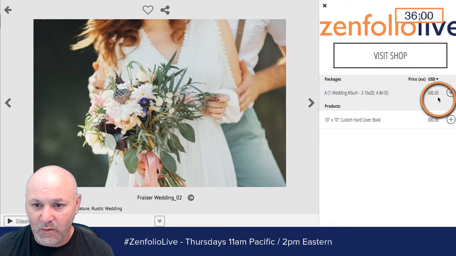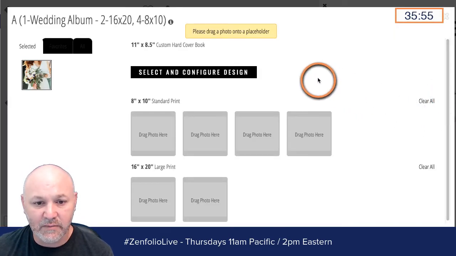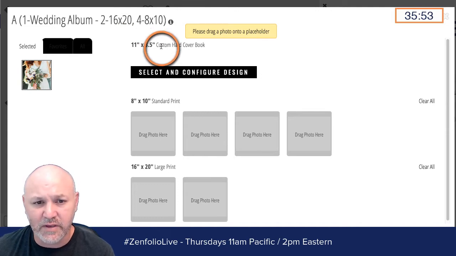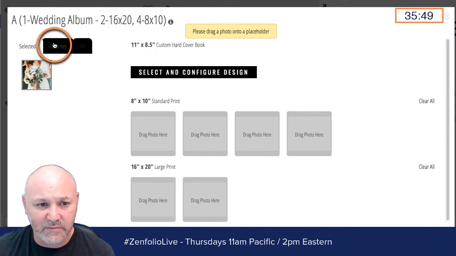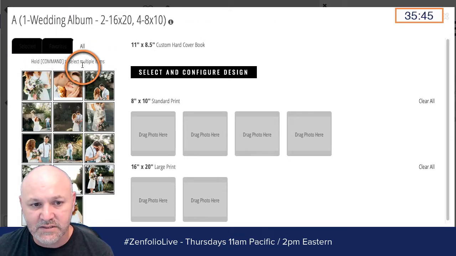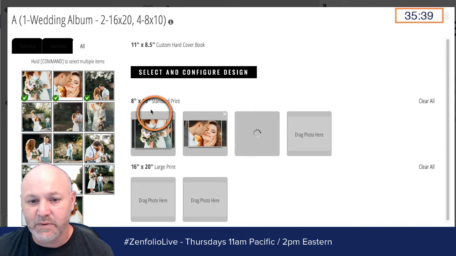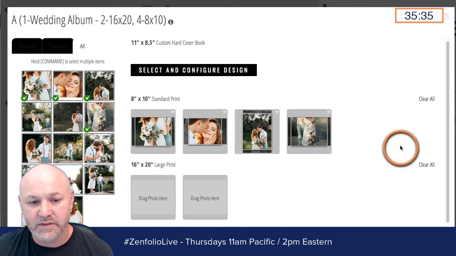So if I'm a client and I wanted to buy this, I'm going to hit that plus symbol. And then I'm going to go here, and this is probably a bad example because this theme that I'm using is not set up to be the best. I'd have to click on the Alt tab and drag these over, but basically they would just drag over their photos that they wanted for this package right here. And then let me just scroll down.